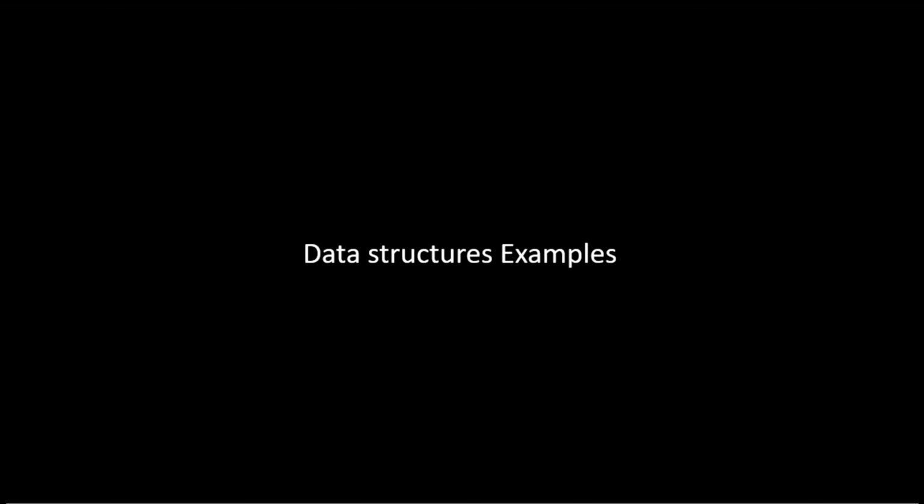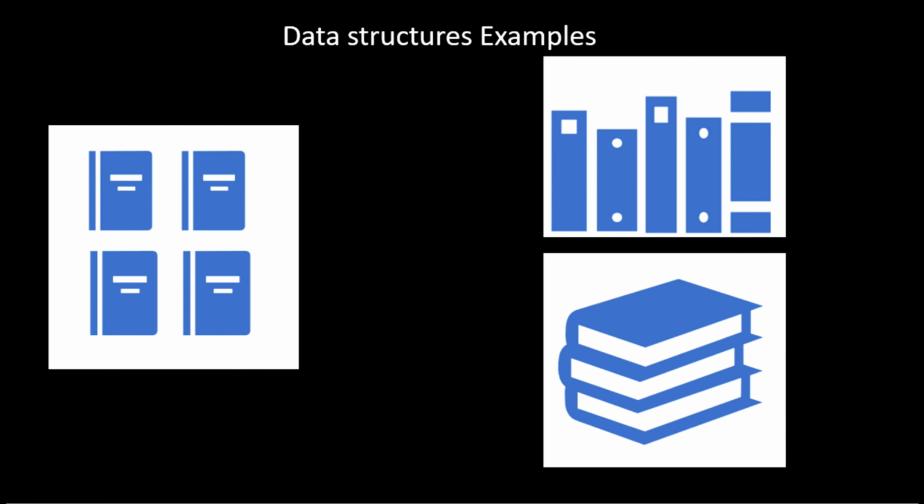Let us see some real life examples of data structures. We have already noticed two different data structures in our book example. We have a set of books, and we store them in a book rack or we keep them one on another. Here the book rack acts as an array or list, whereas keeping books one on another, which we call a stack of books, acts as the stack data structure.